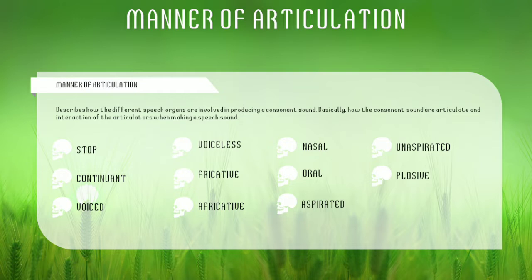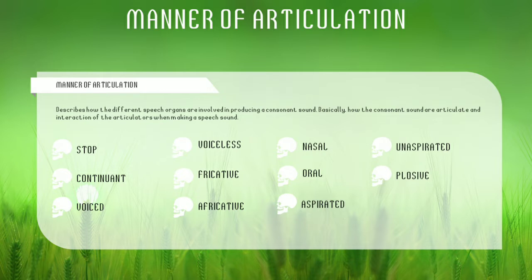Before we explain it, I would like to tell you about the place of articulation. The place of articulation is the place in the mouth where the sound is produced, or where there is the most contact or near contact of articulators. For example, labial, bilabial, labiodental, dental, and something like that. And we have discussed it